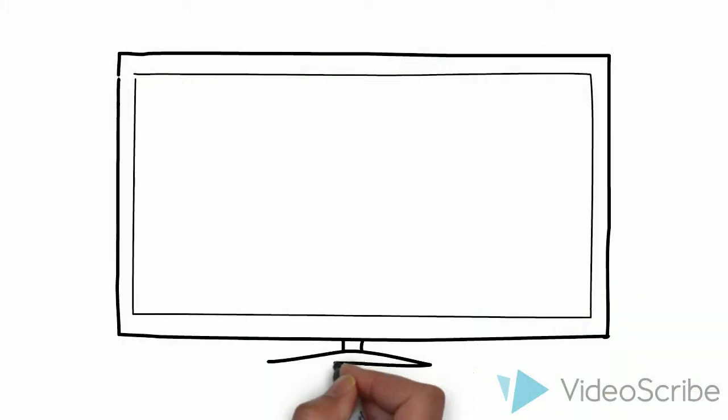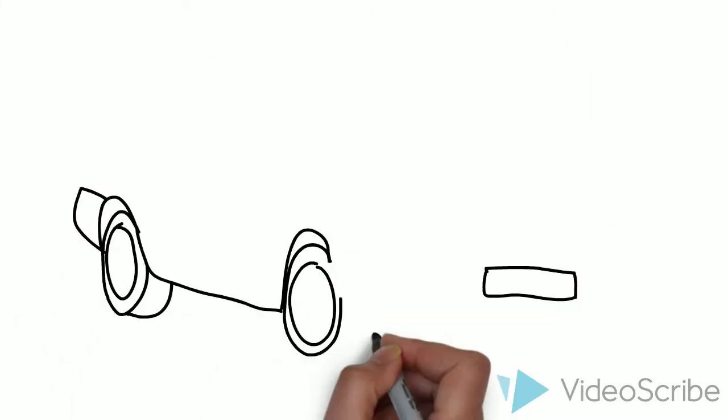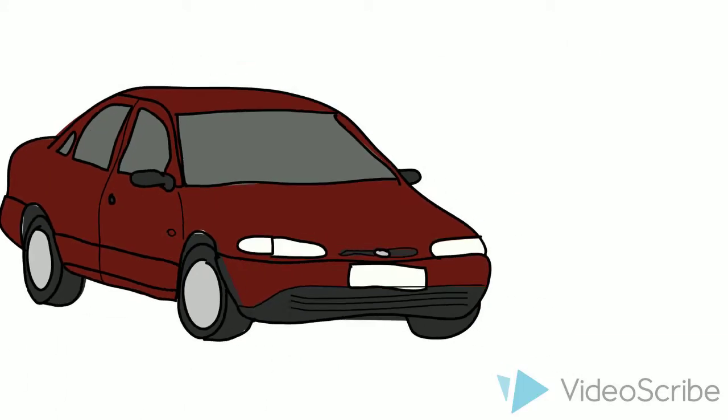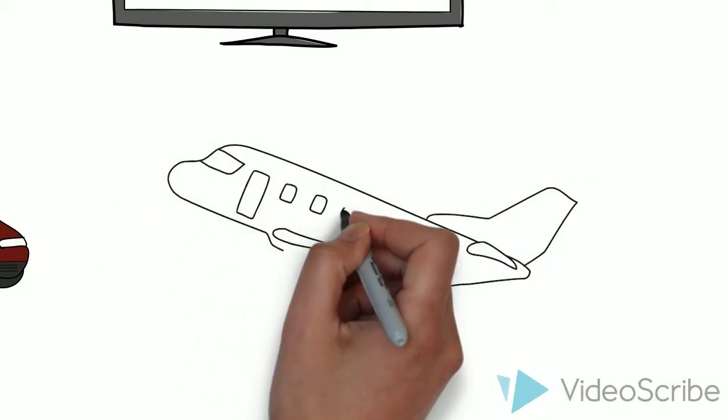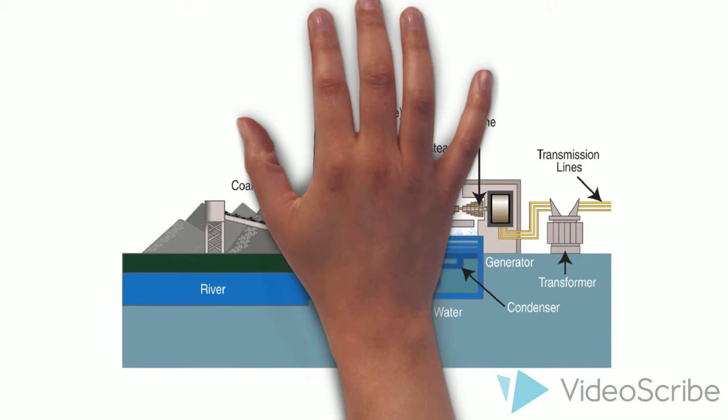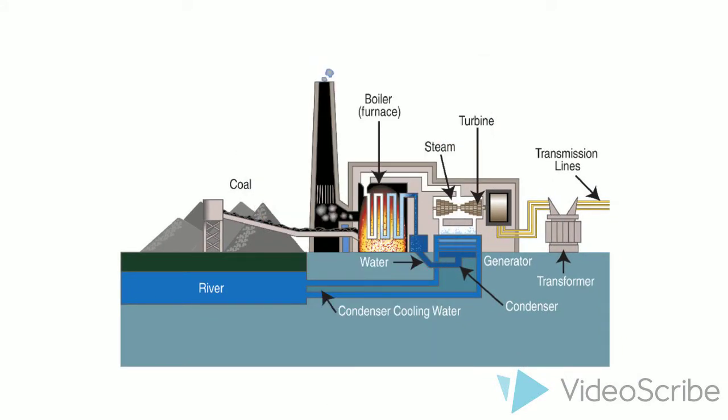Now that we have a sort of basic understanding of this process, let's talk about why we humans research this in the first place. We all require energy in our lives, maybe for our smartphones, televisions, etc., or for our cars and planes for transport. Basically, our current generation would be lost without this. However, we have been burning fossil fuels to get this energy. Fossil fuels are a non-renewable source of energy and will most likely run out within the next 50 years, which is why we need to research new forms of energy generation.